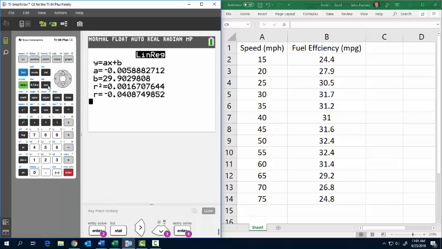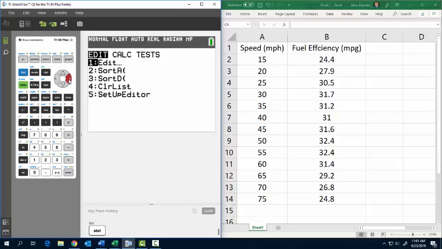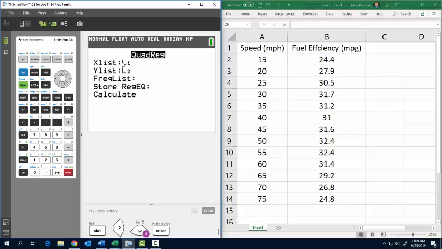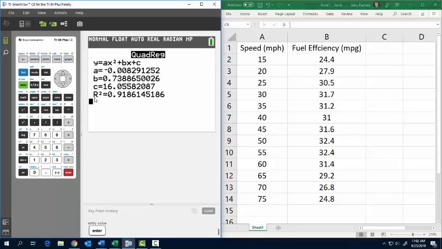So now we can go to Stat, go over to Calc, and now we're going to do a quadratic regression. So we go to a quadratic regression. Everything's the same as the linear regression. All the inputs are the same. So we'll just go down to Calculate, and our diagnostic is still on, so it's calculating out